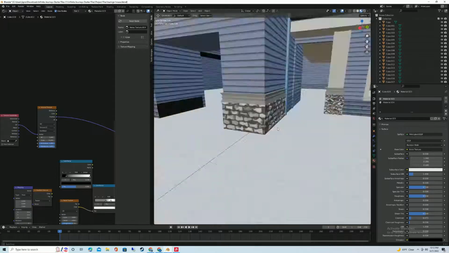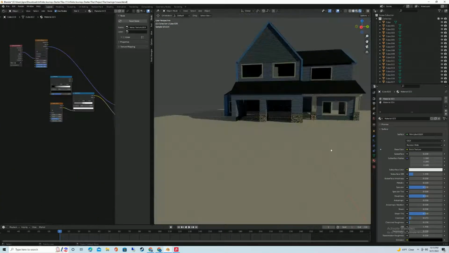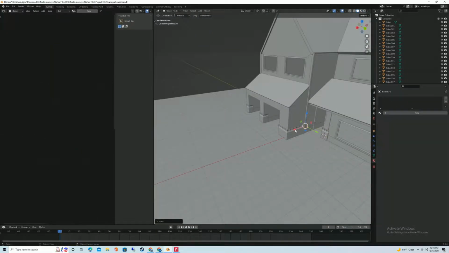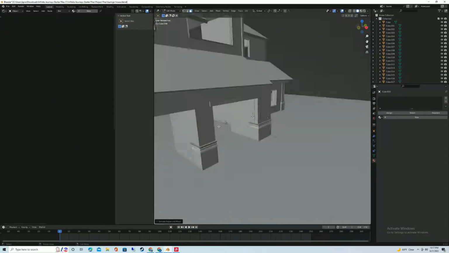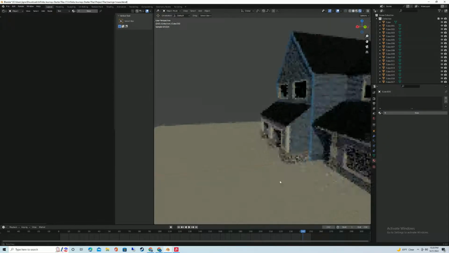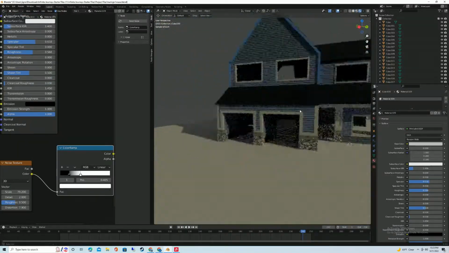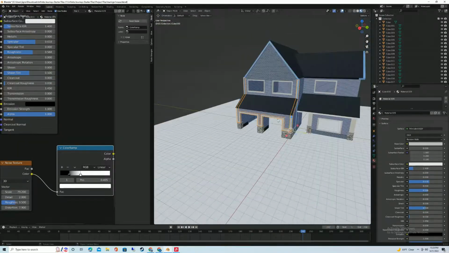Upon reviewing some pictures of houses, I found that a lot of the houses had this brick-like rock texture at the base of their house, so I tried to remake it in Blender. Plugging a Voronoi texture into a brick texture seemed to work the best. After this, I just copied and pasted this texture to the various parts of the house and then started working